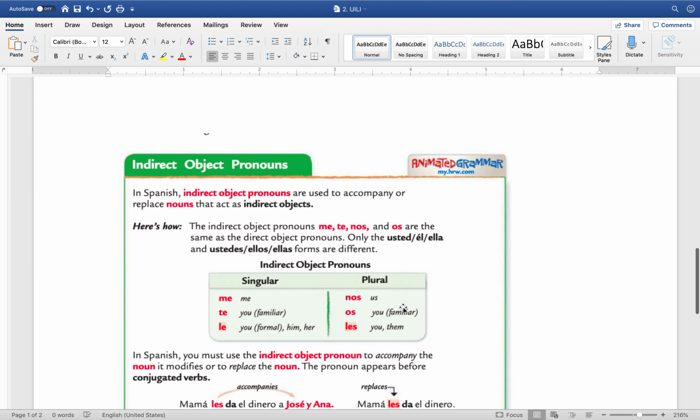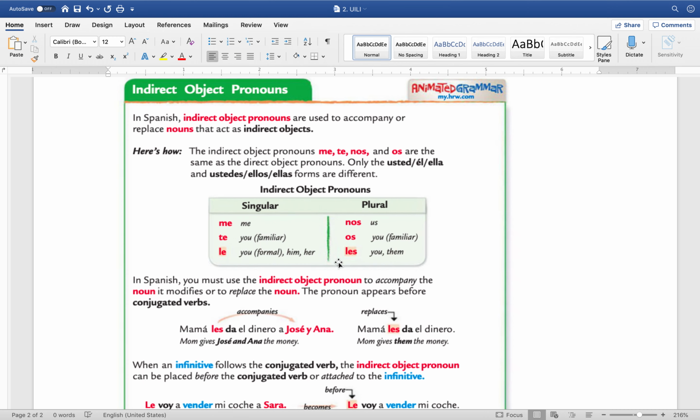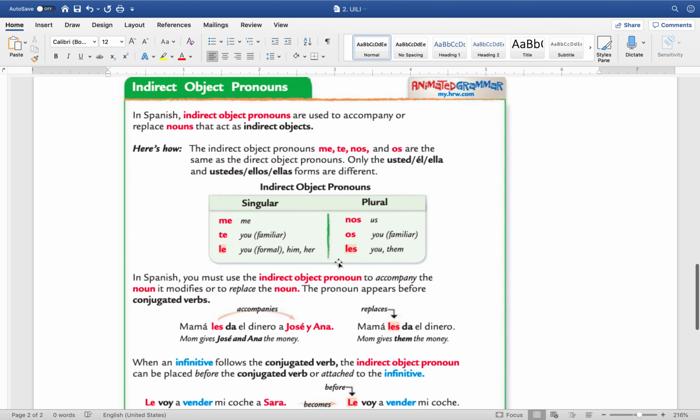Now we go with the indirect object pronoun. The indirect object pronouns are me, te, le, nos, and les. And this is pretty much referred to people most of the time. It's when you're doing something for somebody, when there are people involved, okay? In this case, for the indirect object pronoun,